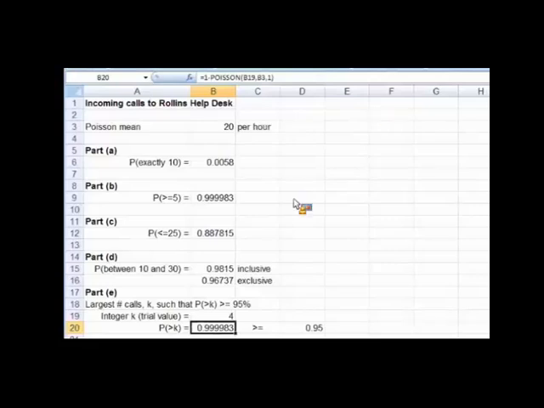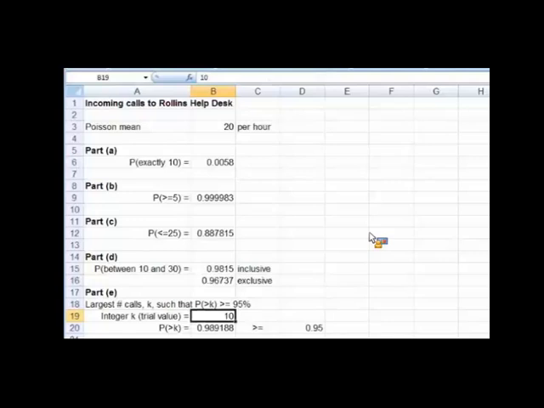Okay, and I picked 4 in this specific case just to show you that we'd get exactly the same answer that we calculated above for the probability of being greater than or equal to 5. Greater than or equal to 5 is the same as saying greater than 4 in the case of a discrete distribution. All right, well, this number is way above 0.95, so all we're going to do is just try different values of k until we see the number drop below 0.95.